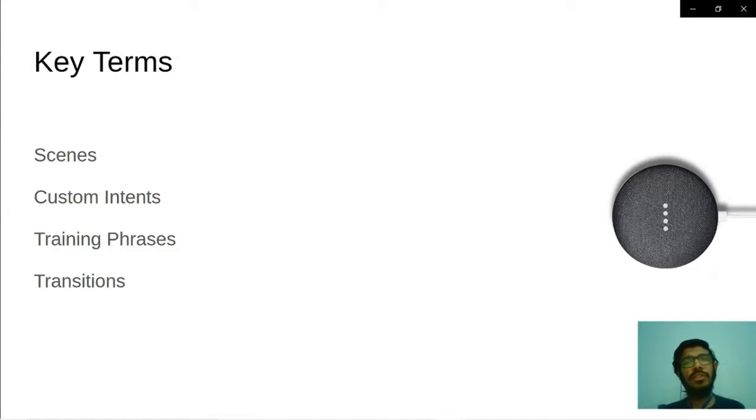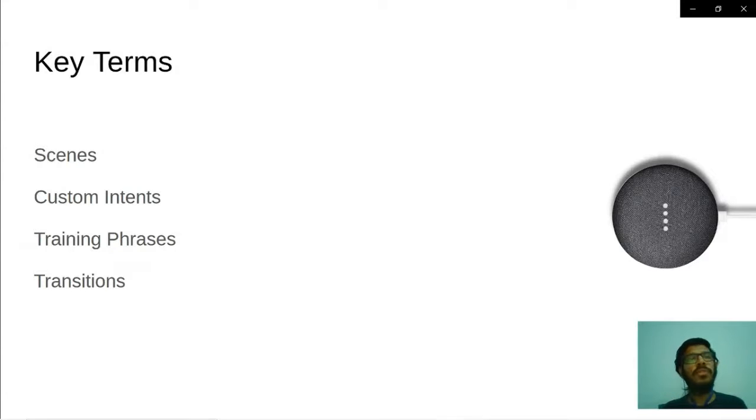As you can see, the user's intent remains the same, that is to order something, and the variable is green tea or black coffee, or pizza. So these are the variables, and we call variables slots in voice technology. So whatever the variables are in your conversation are called slots.